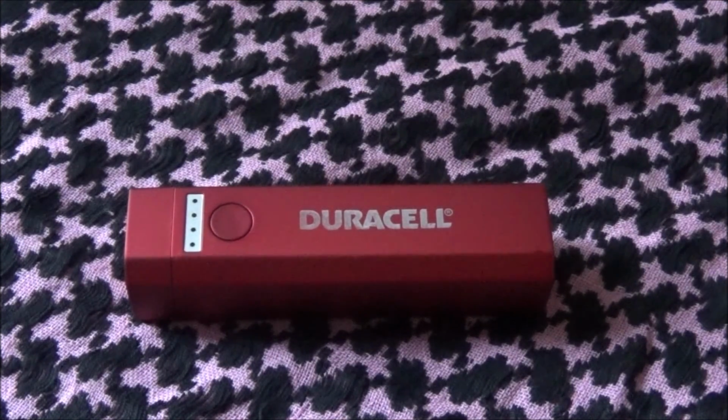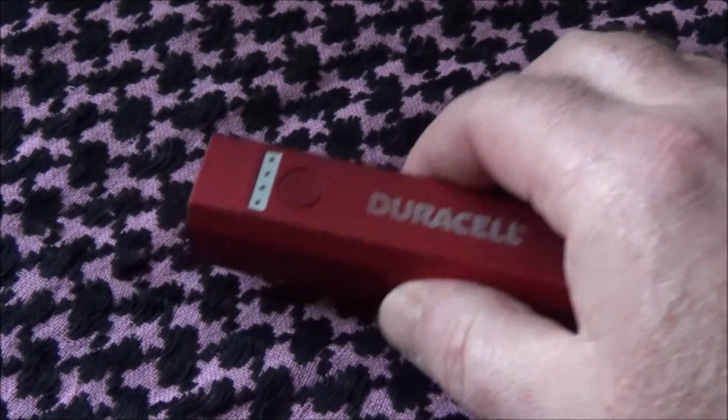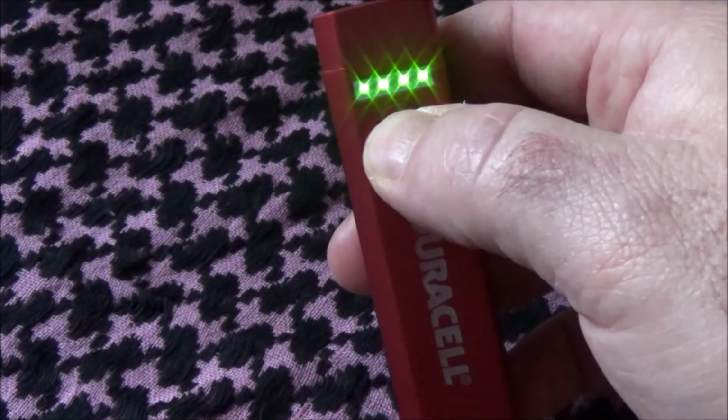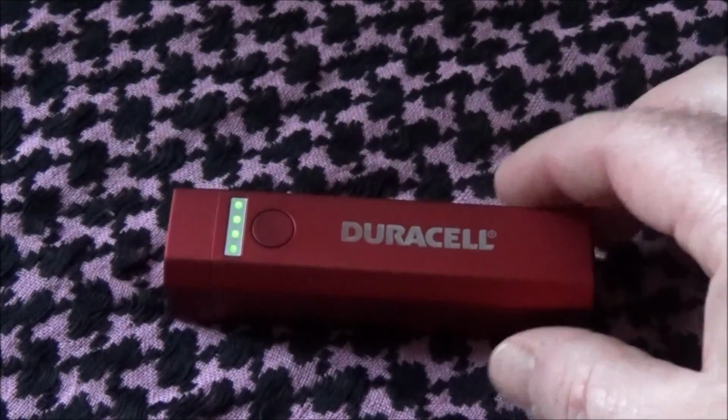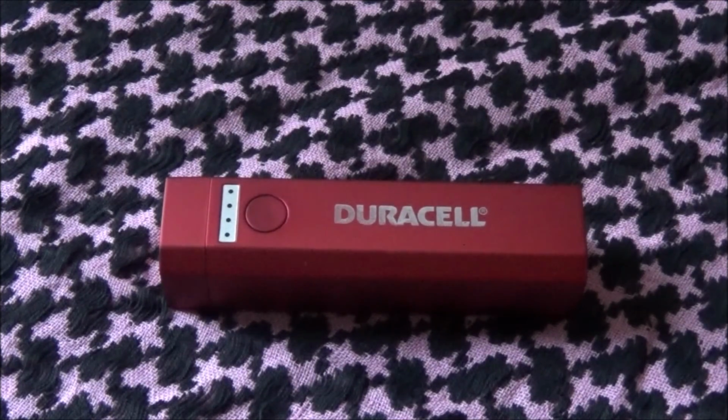First thing with it is this seems to lose some life over time. It doesn't hold the charge like it did when it was brand new, and it seemed not to charge completely full like it was brand new. And especially in cold weather, if you kept this out in your truck or your vehicle and it was real cold out, you would notice that if you had full bars, some of the bars would be gone. And that seems to be pretty normal with battery operated devices. In cold weather, it will charge up to probably about 70-75%, and I'll normally get about 85 to 90%